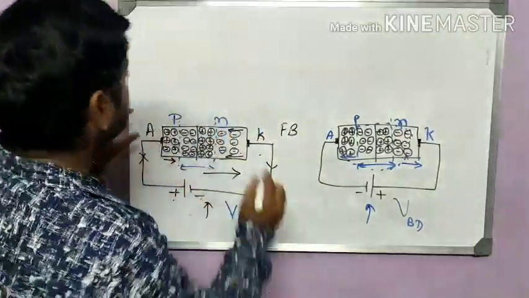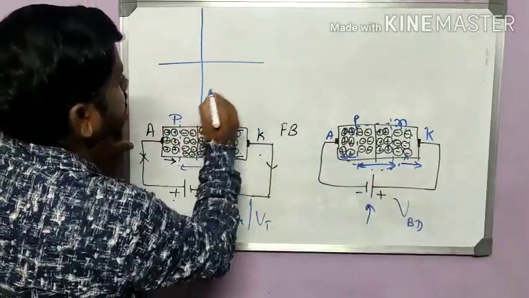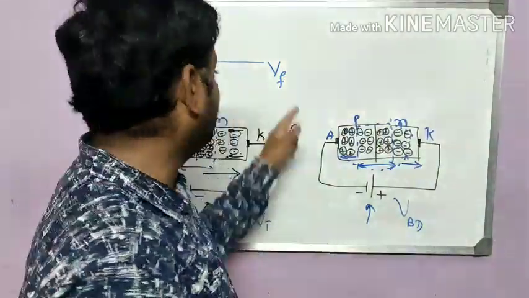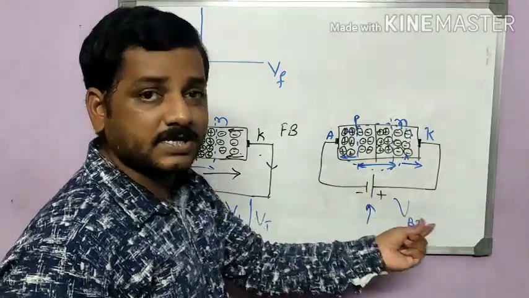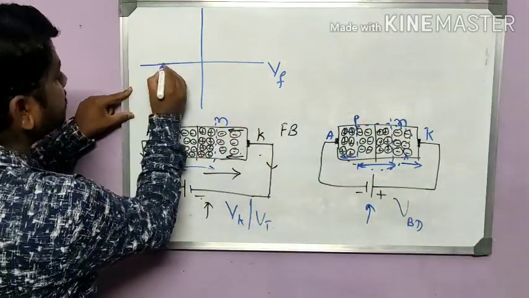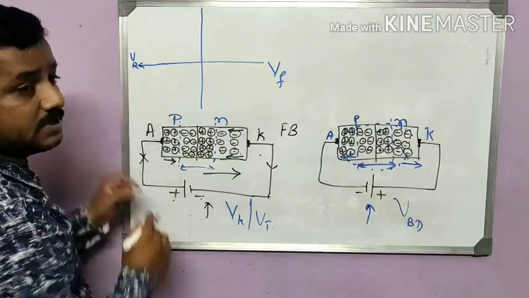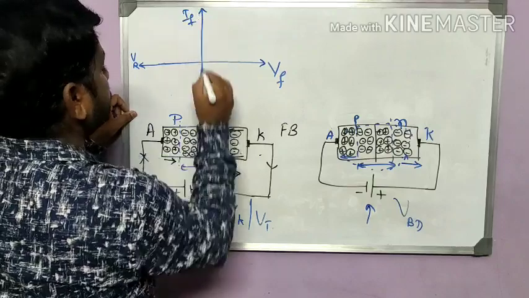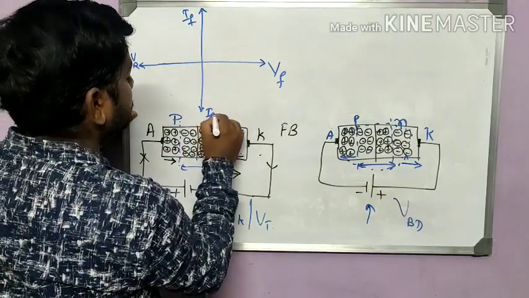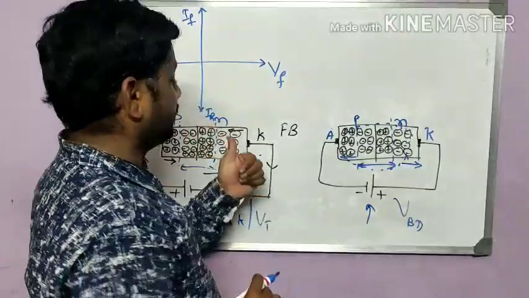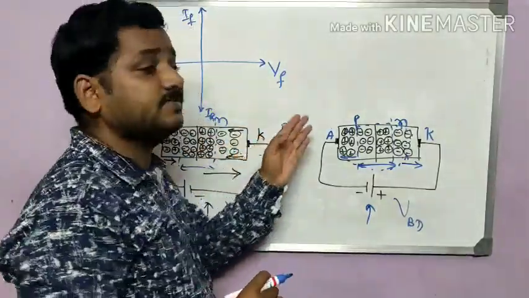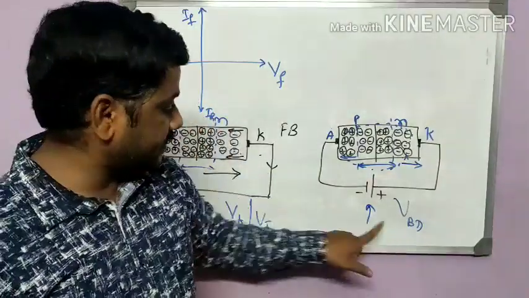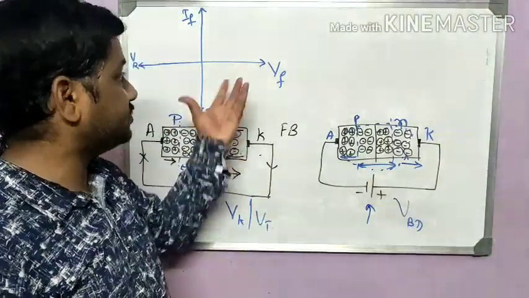To do that, I will have a graph here. So let me take it like this. Say this is Vf, which indicates the forward voltage, which we give in a forward bias. In reverse bias, we give the reverse voltage, so let me represent this as Vr, that is reverse voltage, and we will get the current in forward bias, that is forward current, and we also get the current in reverse bias, named as reverse current. Okay, so we get current in reverse bias only if there is a breakdown voltage. Now we have some more parameters, that is VBD and VT or VK, that have to be represented here,